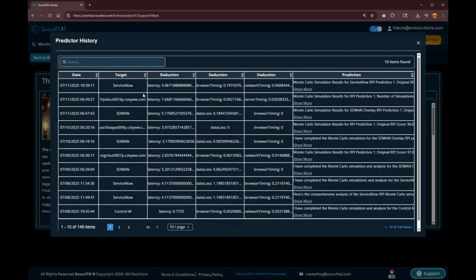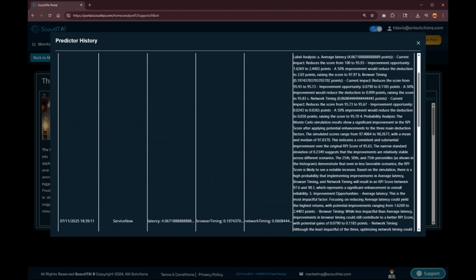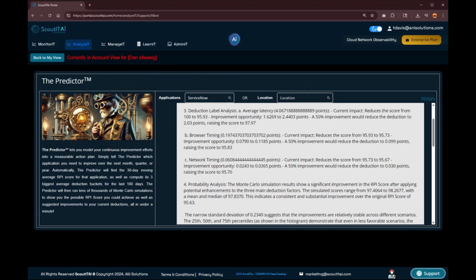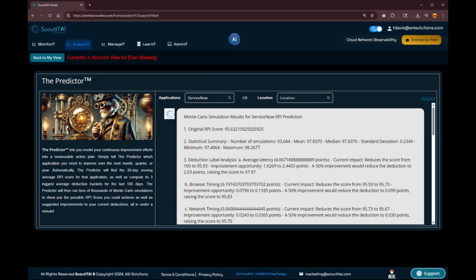You're able to see the predictions that you asked for, and what the prediction was supposed to turn out to be. Let's say you made the change to make improvements; you can come back here, compare, and see if it was right. Back in my day when I was leading IT operations for a particular Fortune 100, if I had gone to the CIO with a mathematical prediction and then been able to come back and prove mathematically that I was right on target, that would have been a really amazing luxury. And generative AI in ScoutITAi makes that possible.